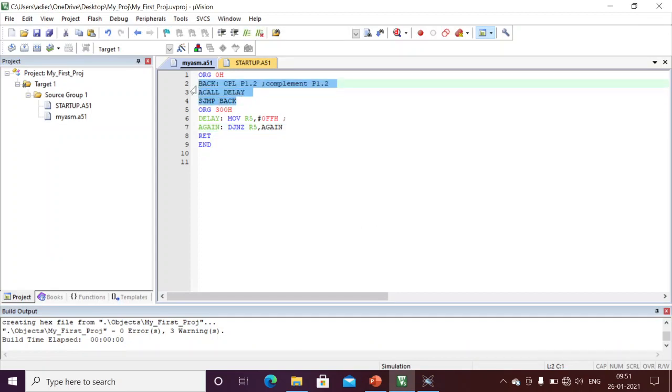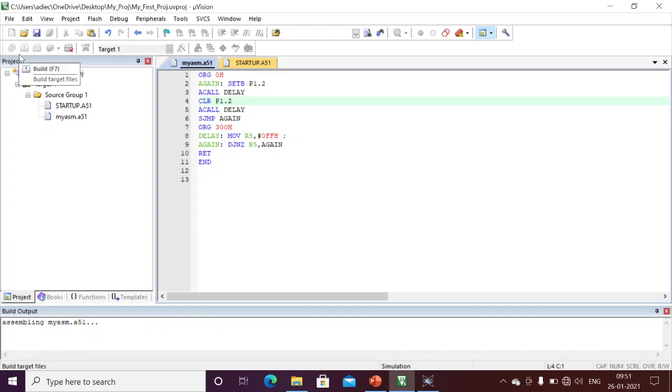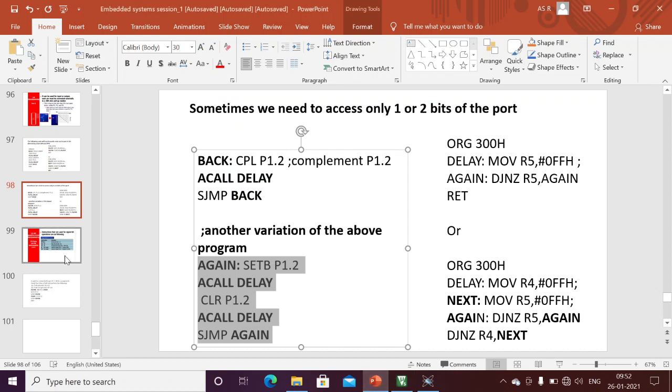I have written the same program here, set and clear with some delay, and that's it. Port 1.2 will always be toggled. For the remaining bits, if I connect 1.0 to the LED, it's always turned on. Then we'll understand the next programs as well.